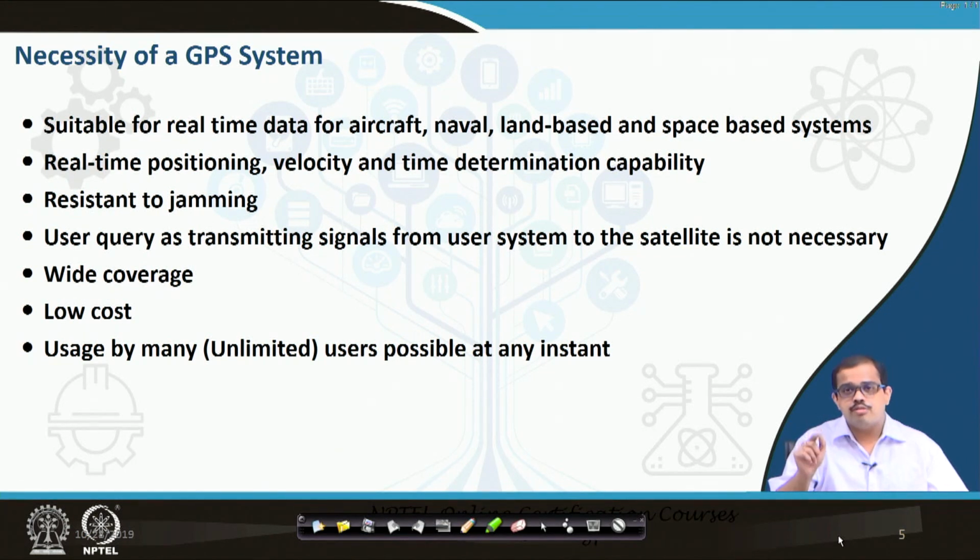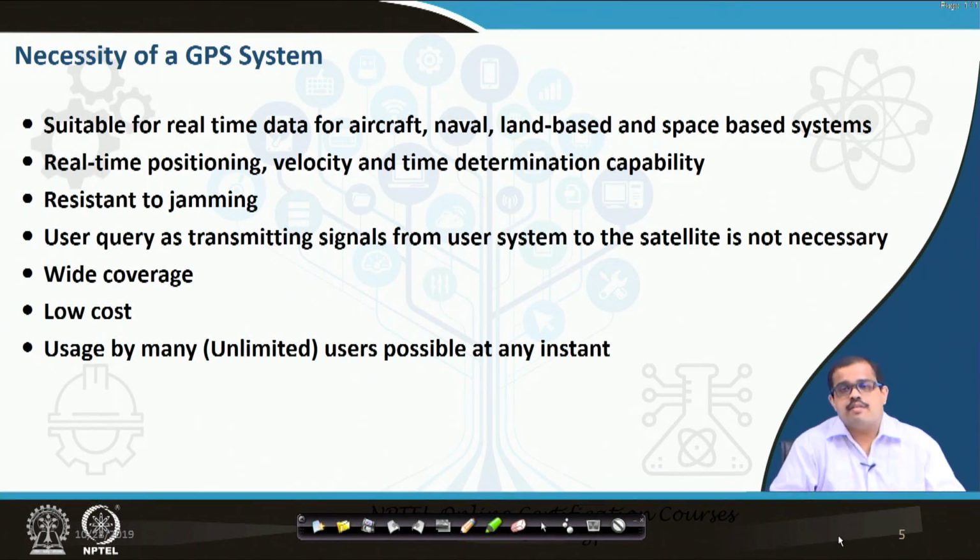For example, if you are using a Google app, it utilizes the database stored in the local server and tags it spatially, so that you locate a particular point. Once you have located that point, the GPS will locate where you are. GPS doesn't need any user inputs from the Earth's surface, whereas the user needs input from the GPS to locate himself or herself. That is one of the advantages. You don't need two-way communication, only one-way communication, and most importantly a very wide coverage.